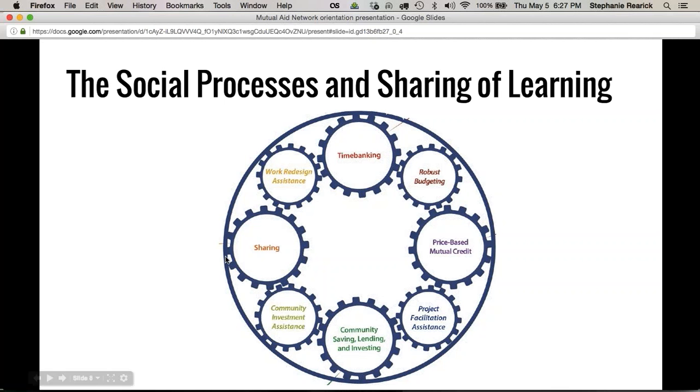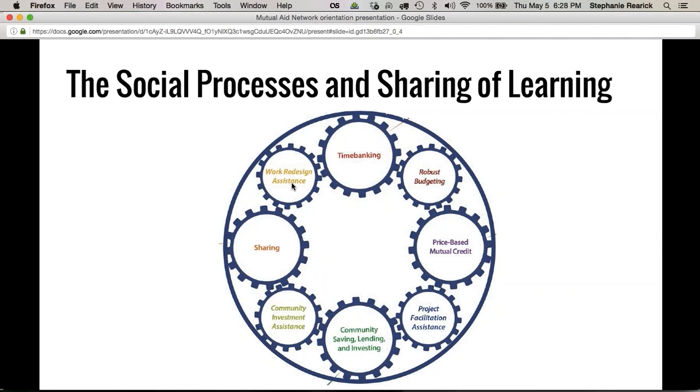So what we saw is that all these different levels of the food chain of economic tools meet the strengths of one to the limitations of the other. And if we pulled them together into an ecosystem, we could really do something. And then we added in social processes for helping people use these tools effectively. So work redesign assistance,